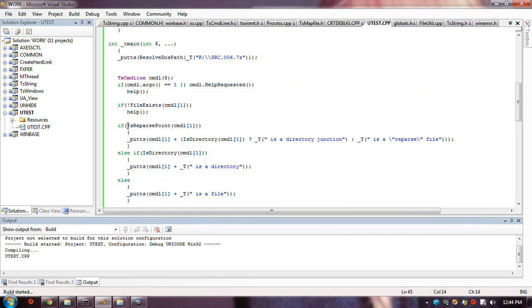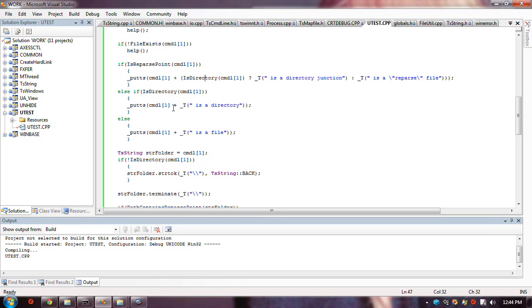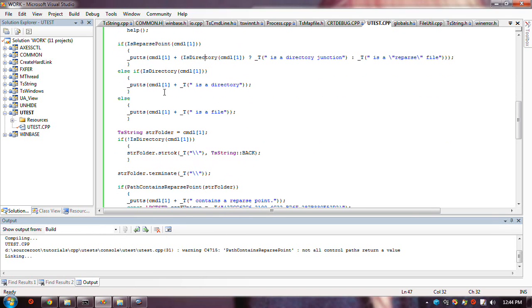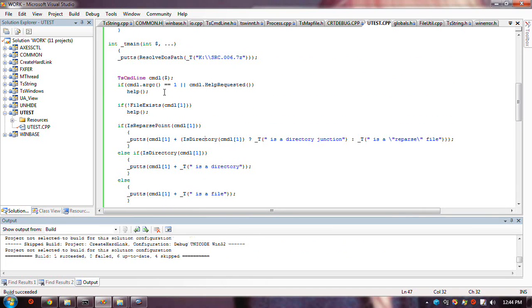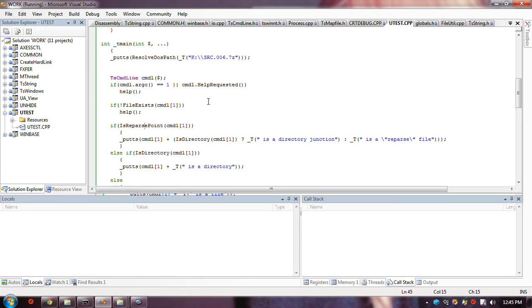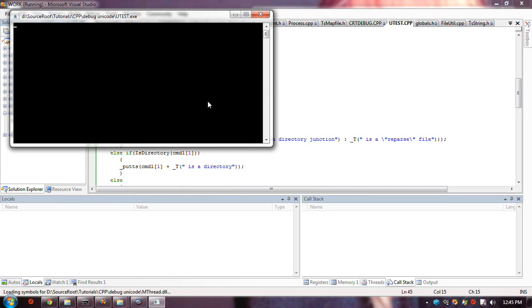This returns true, but it's a reparse point, but is directory also returns true, and then I'm able to print out. That is a junction, directory junction. Even though I can do that, I can do everything else. Existence returns true. I had a problem with that first.